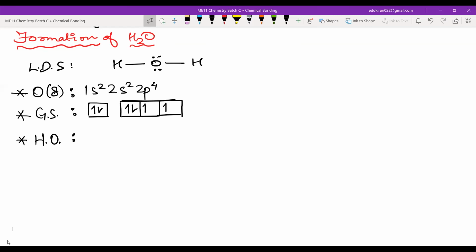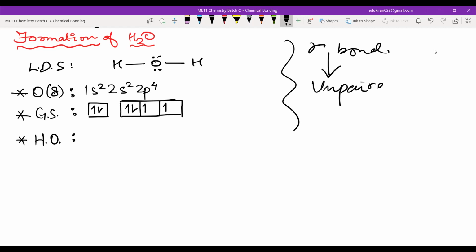So if oxygen wants to form a bond, it can only form a bond with an atomic orbital which has only 1 electron. If an atomic orbital has 1 electron, that atomic orbital is only eligible for the formation of a covalent bond. That is the point. The 2 atomic orbitals should contain 1 electron each with opposite spin. That is why I'm asking. The number of sigma bonds, that many unpaired electrons it needs.